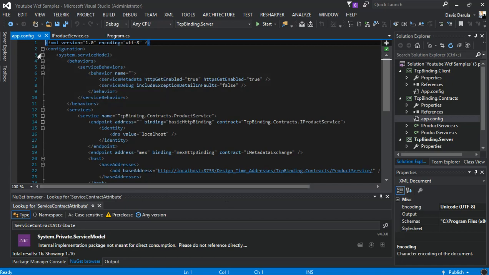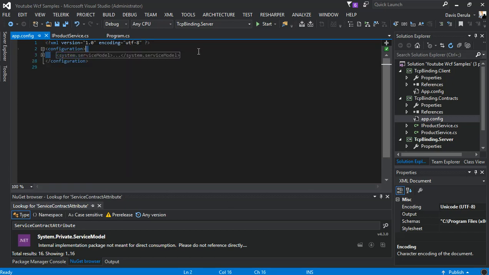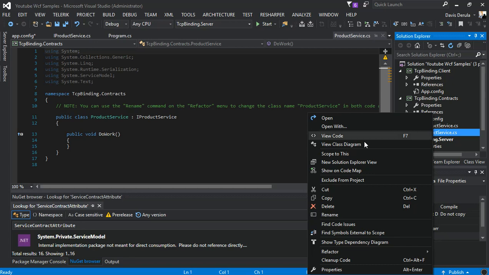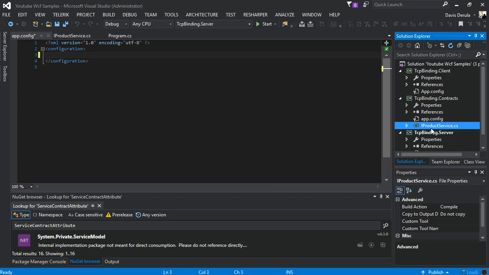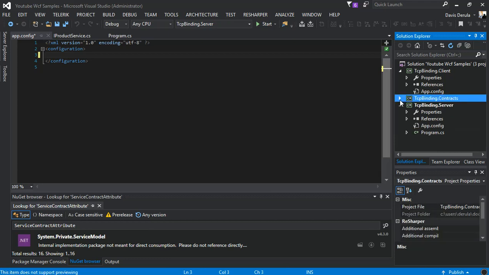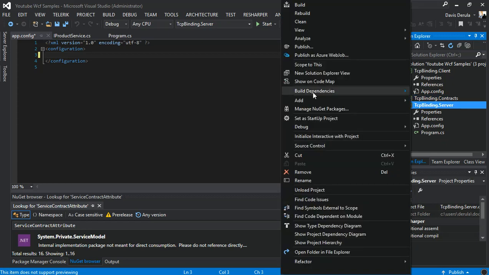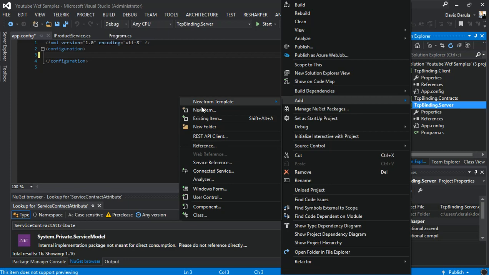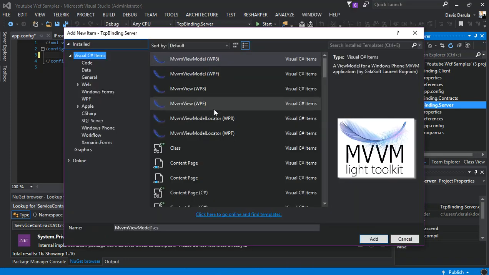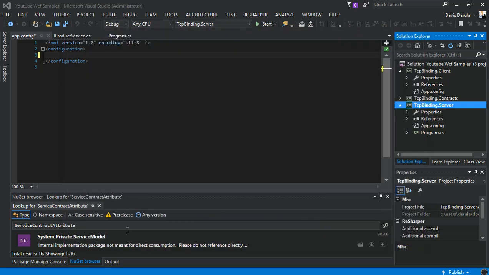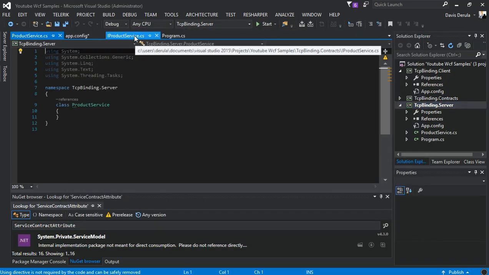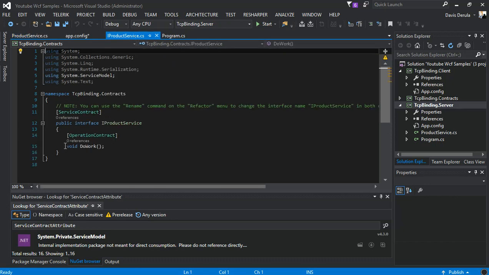So inside the app.config, we will just remove all the service model as we don't need it. Then we also remove the product service. So inside the contract we only got IProductService. So we come inside the server, and here we add a new item. That will be our product service, and it will be a class. So we check our IProductService, we check the method,